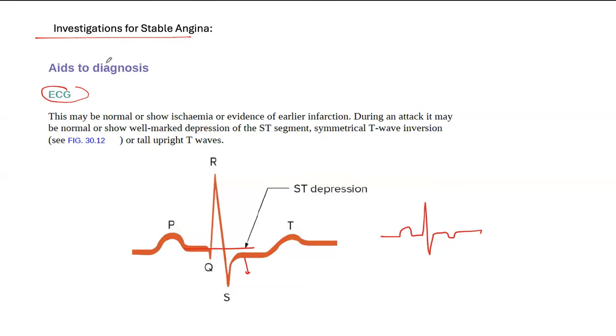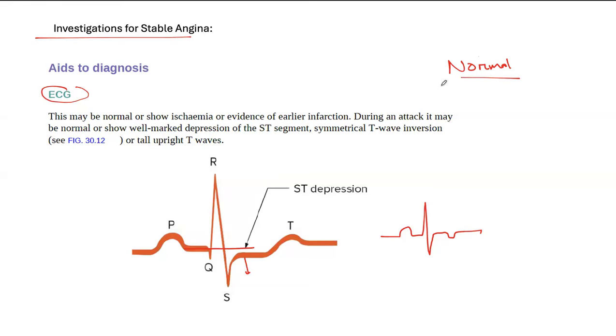So first, remember we are thinking about stable angina. We did an ECG because the patient complained of chest pain during exertion. Now the patient is fine. We did a baseline ECG, and the ECG came completely normal. Will we just stop there? We will not do anything else? No. Now we should send the patient to a stress test to find out